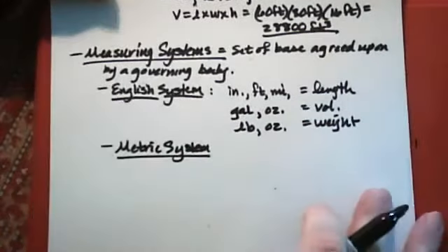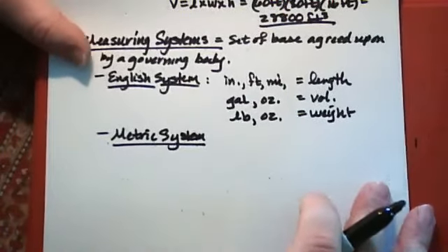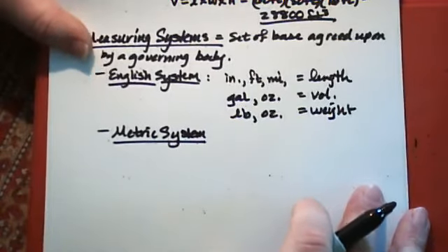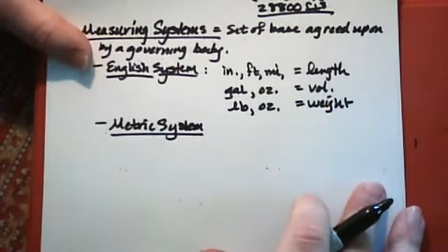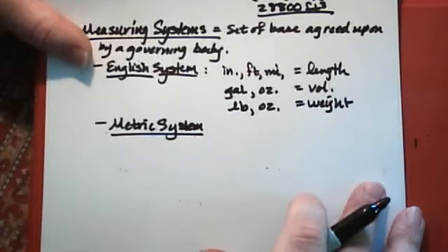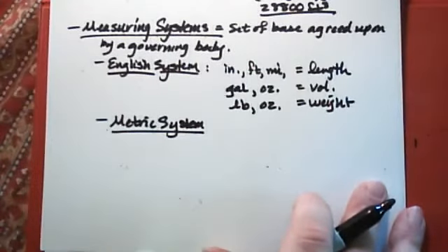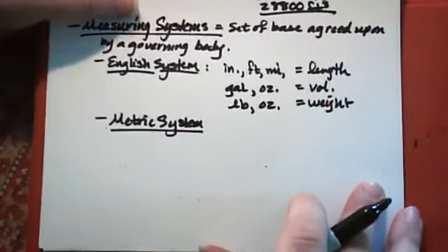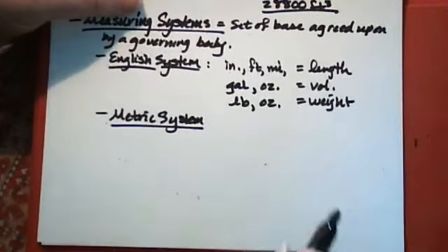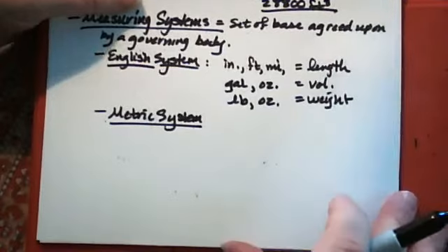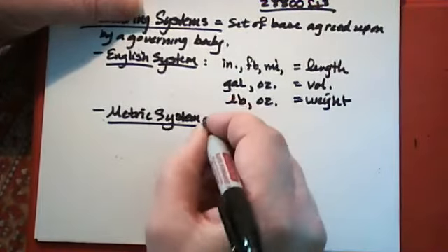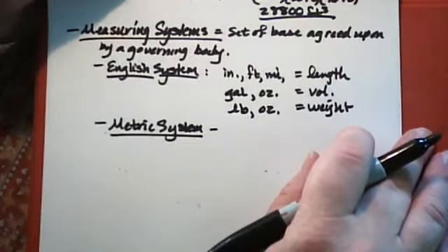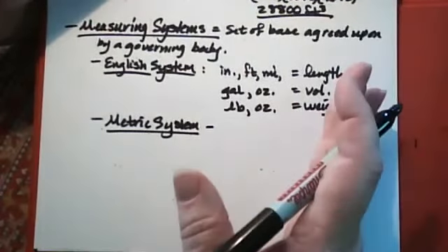Then we have the metric system. The metric system is an international system of measurement that's used essentially by the entire planet except the United States. And the metric system of measurement is, like I said, very well known everywhere except here. There are all kinds of units that you can use for length and volume and weight or mass in the metric system. But, well, actually, let's first say the metric system is a very orderly and systematic and logical system